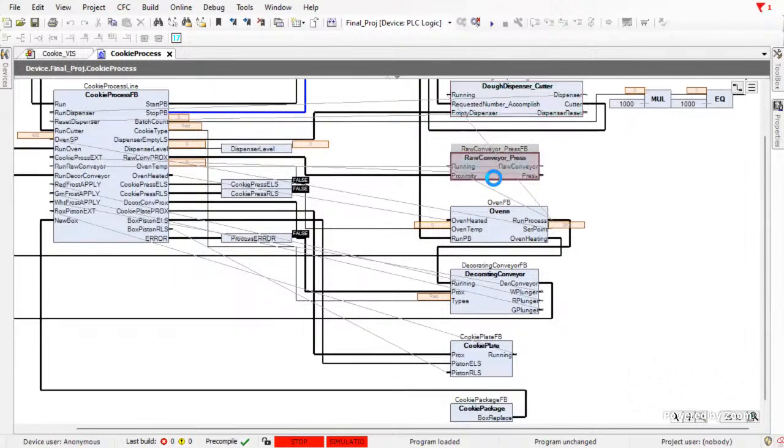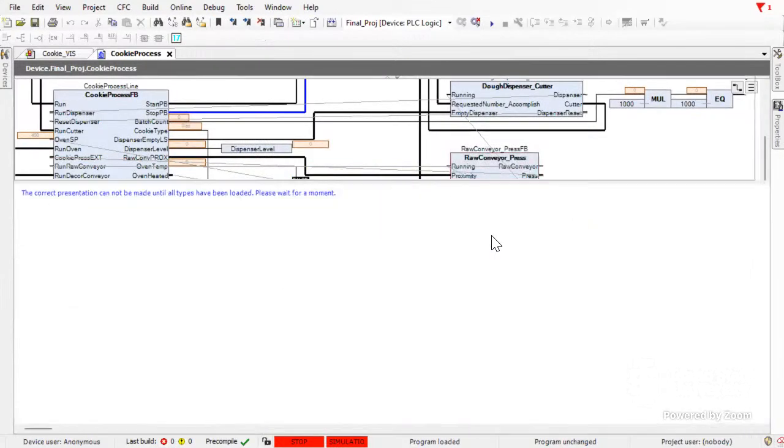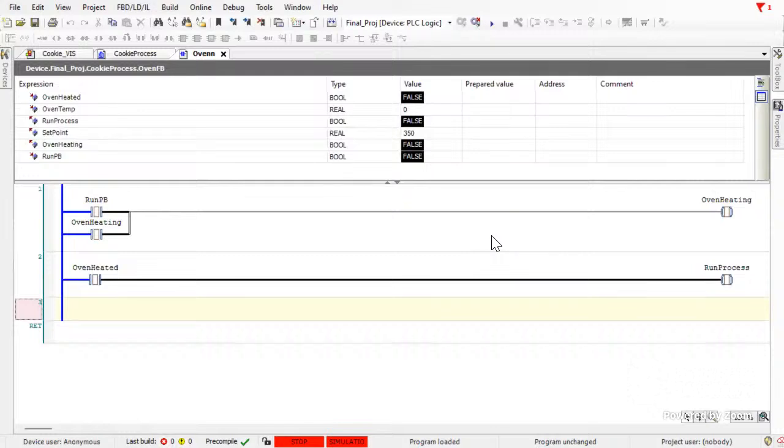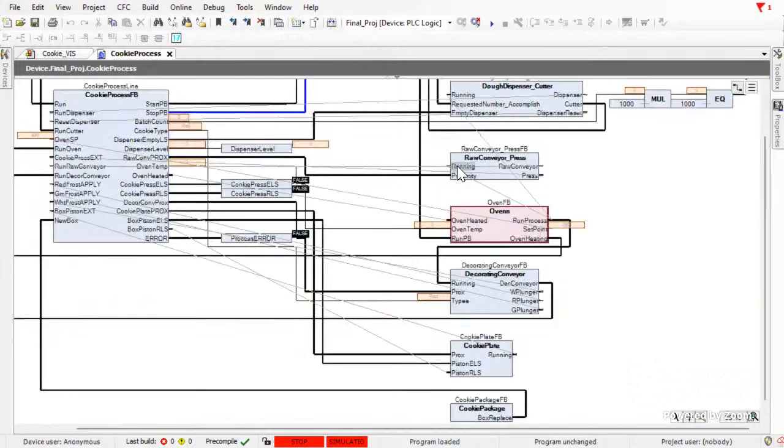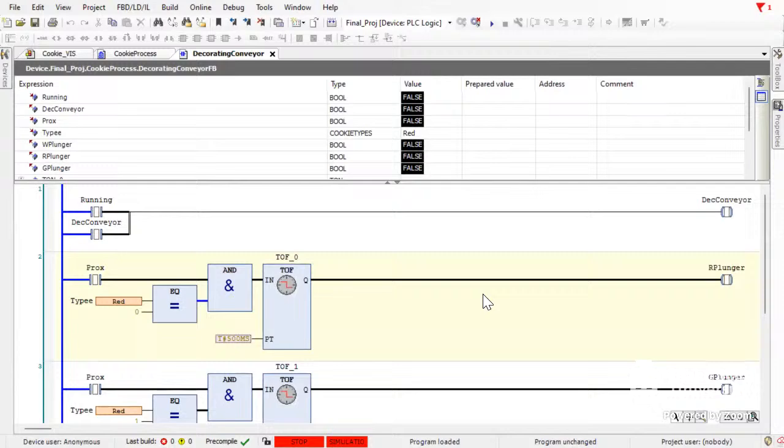Then we have the rack conveyor. Same, pretty easy stuff. Those two need to be added as mentioned, but it's pretty easy. The oven, same thing. The oven is made so when we run it for the first time, it will run, and then they run the process, it will run the rest of the processes. At the same time, we have our decorator conveyor, where we have our timers,